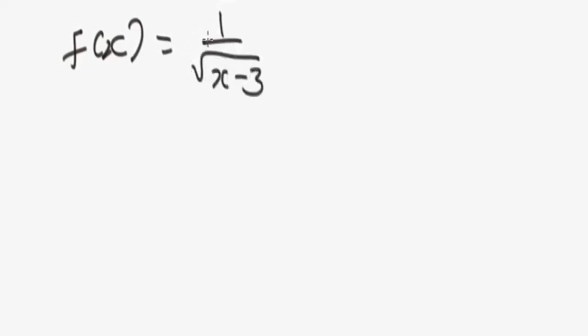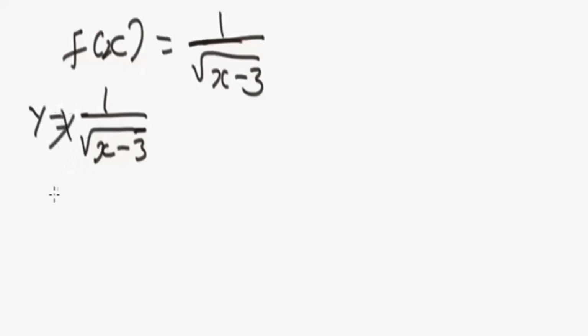Okay, let's say we are given this function. We have f of x equals 1 over the square root of x minus 3. So how do you find the range of this function? Remember, f of x equals y equals 1 over the square root of x minus 3. So first of all, you have to express x in terms of y. If you express x in terms of y, multiplying this, we're going to have y times the square root of x minus 3